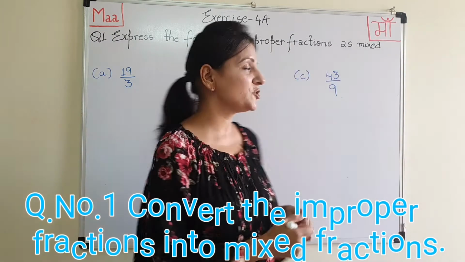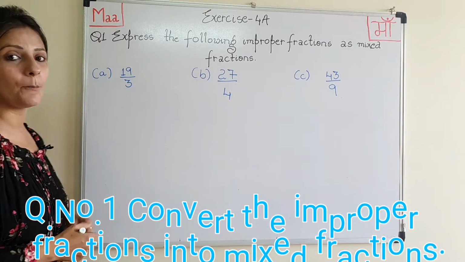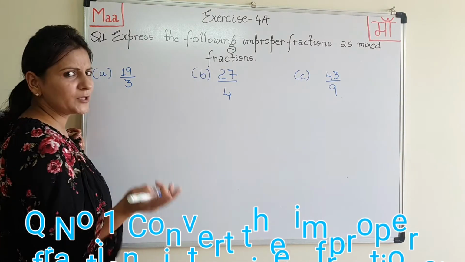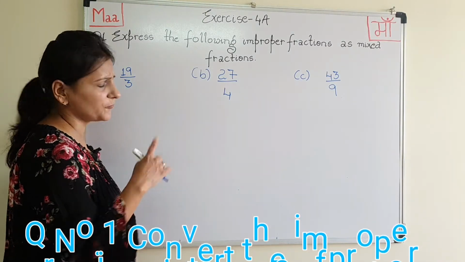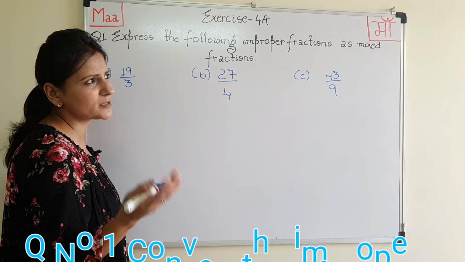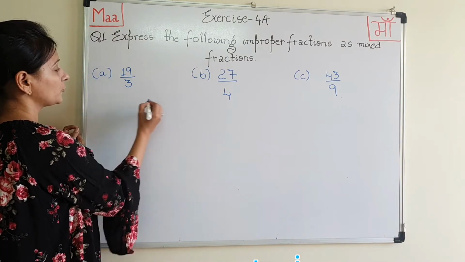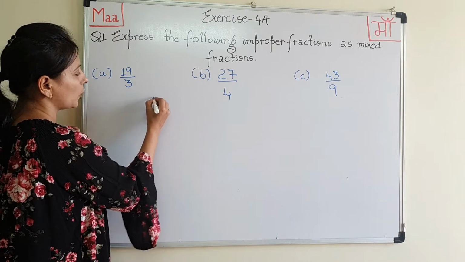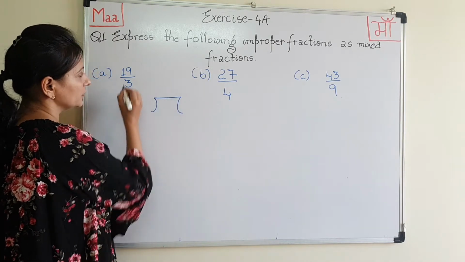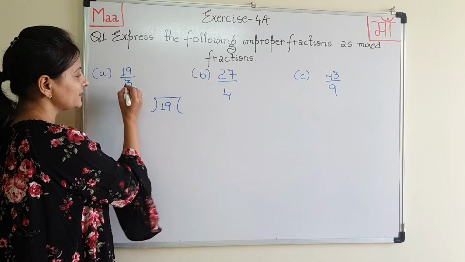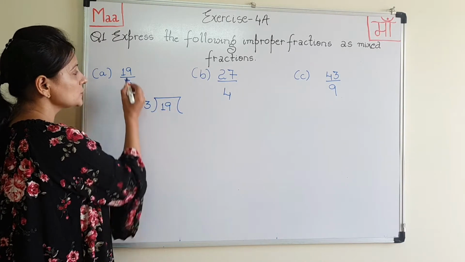How? Just pay attention. First part is 19 upon 3. So how to convert it? First of all, I'm giving you two methods. First method by solving it, and the second method you can also do directly. So see, if you have to solve it, how will you do it? You all know how to do the division. So put this 19 inside the division format and divide 19 by 3,